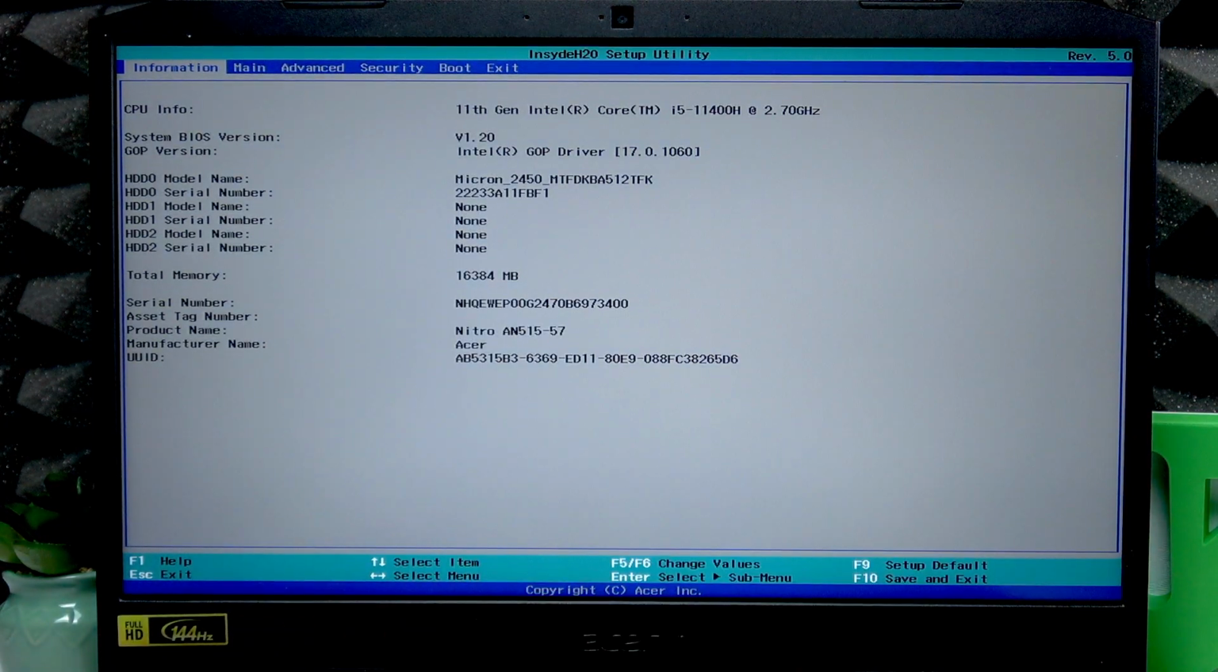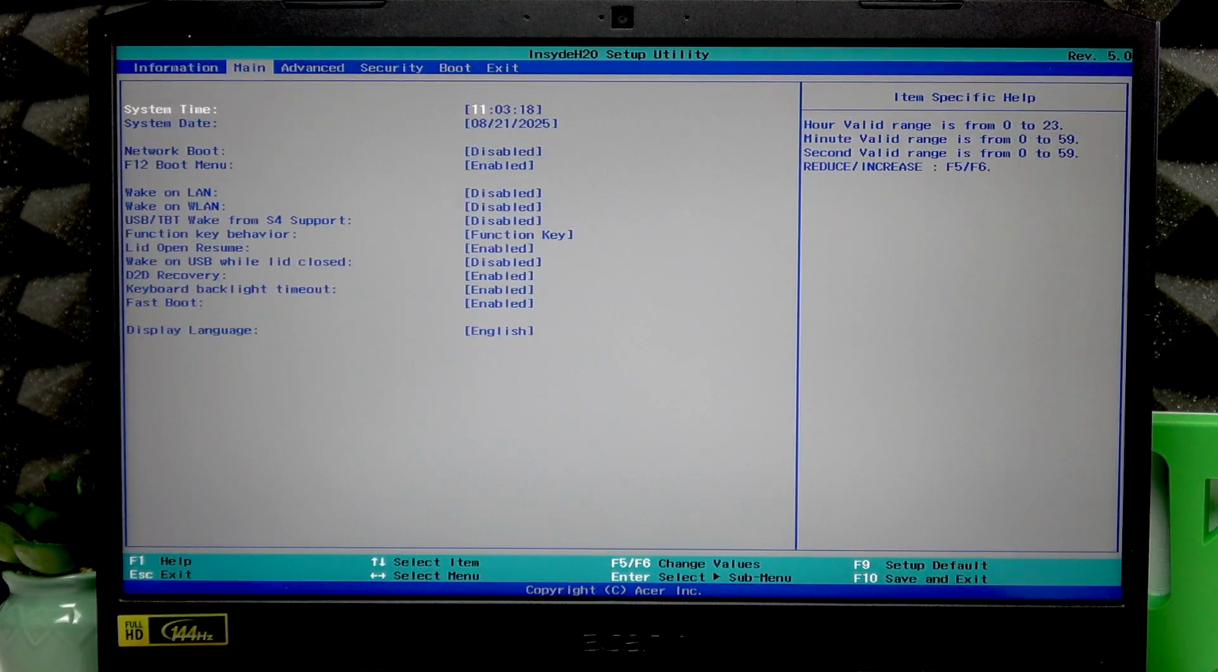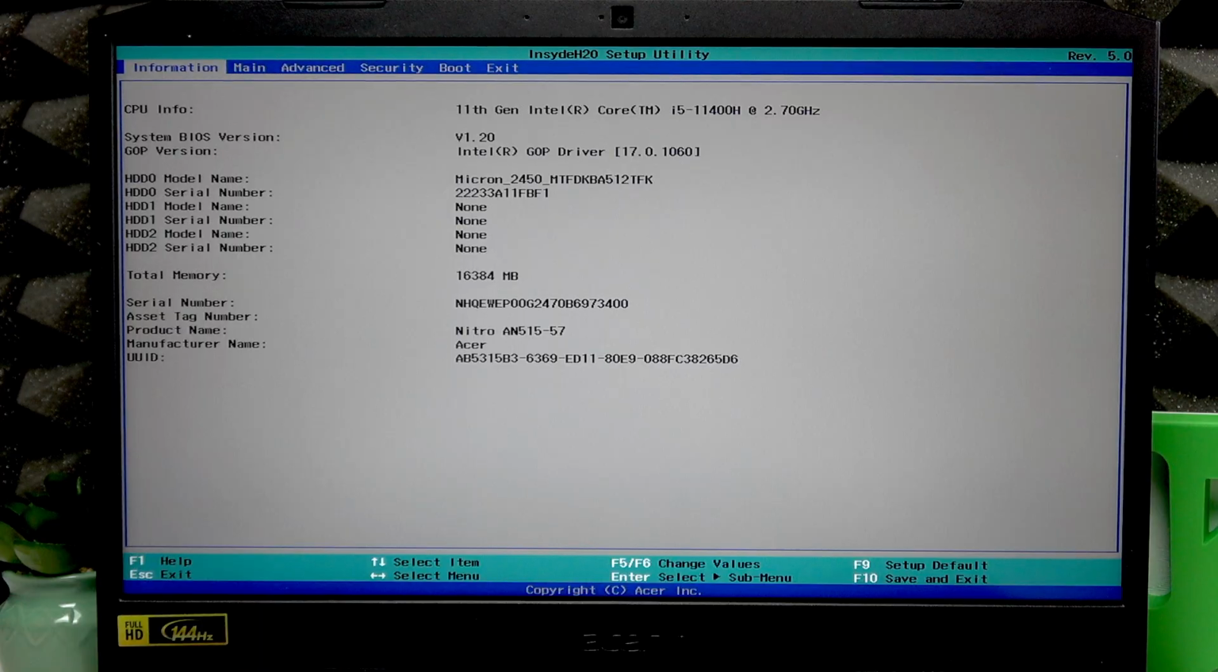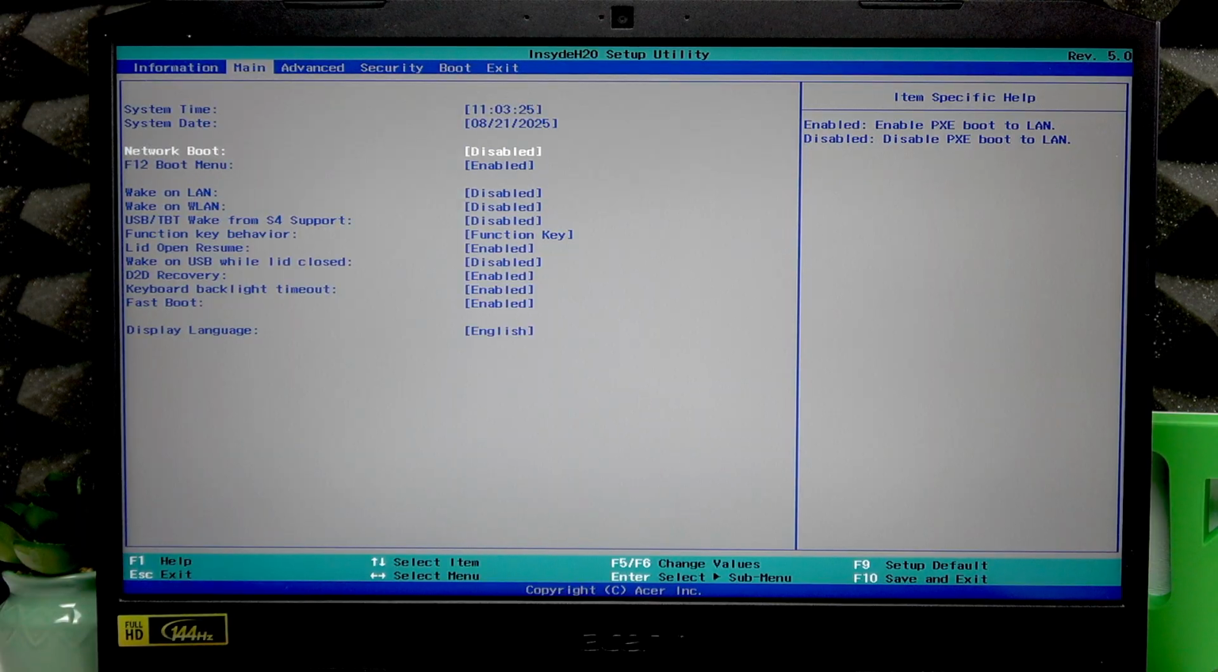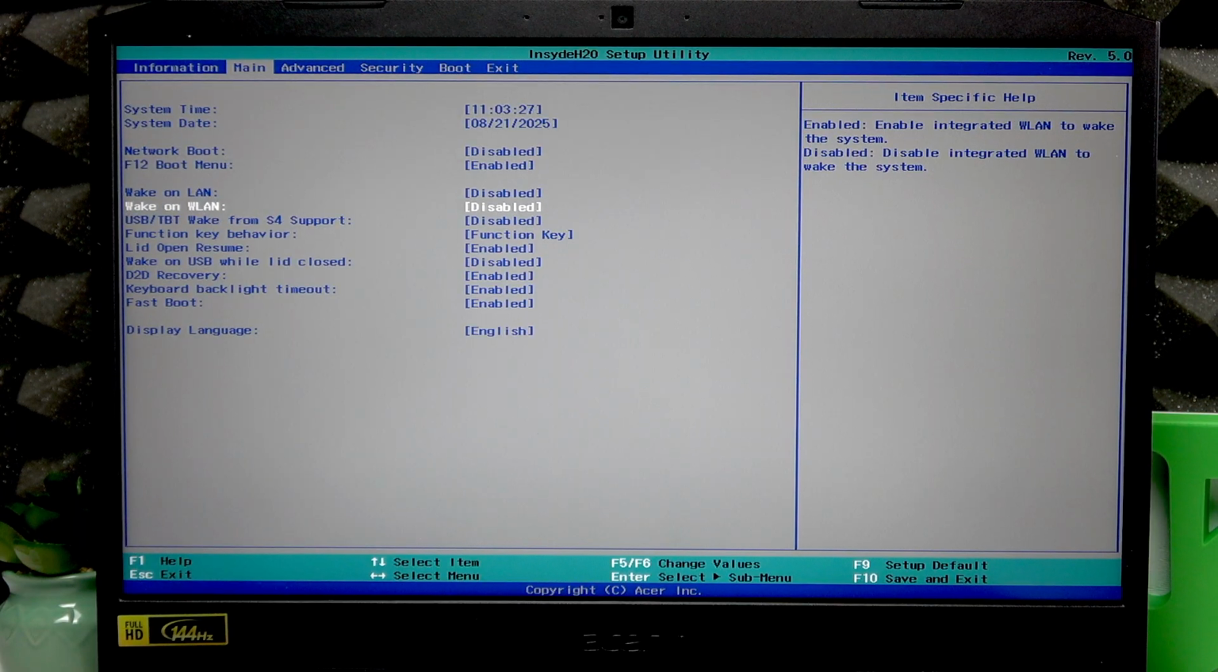Now to navigate in this menu you have to use left and right arrow keys to navigate between sections. To navigate between options, use down and up arrow keys. To select any option right here, press enter, and this way you can change the value by selecting enabled or disabled or other options using your down and up key to navigate and enter to select. To go back, press escape,